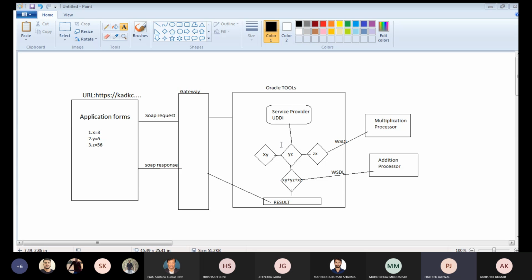For that we use this UDDI part, and there we use the multiplication processor, and by using WSDL it will send the values of X, Y, Y, Z and ZX for the multiplication of XY, YZ and ZX, and then by using WSDL we do the addition, and finally the result will be sent. Okay, you are explaining correctly, but you have drawn the diagram incorrectly, because maybe